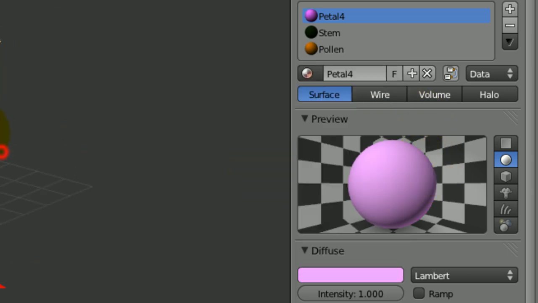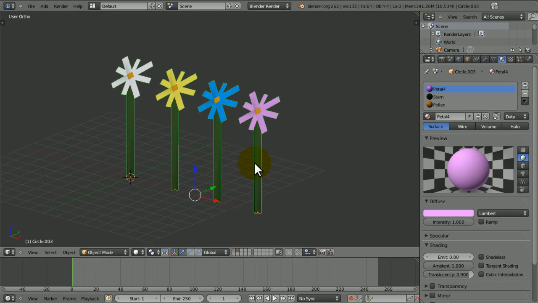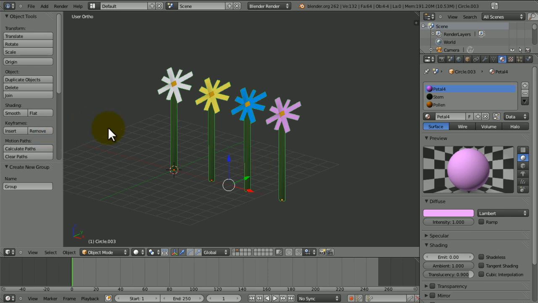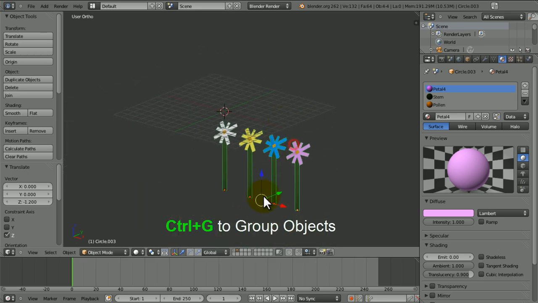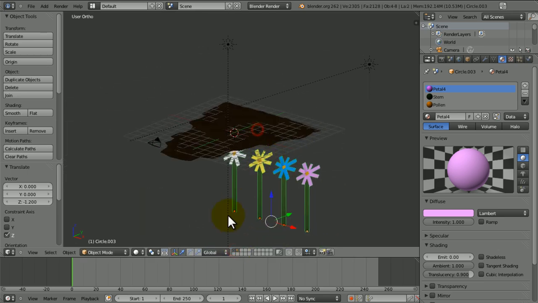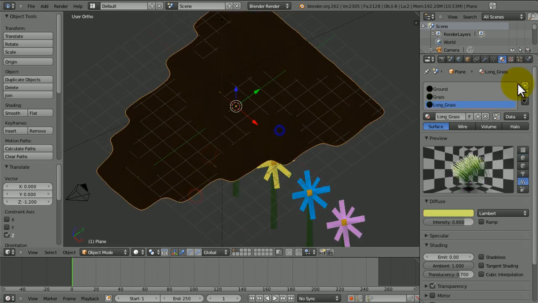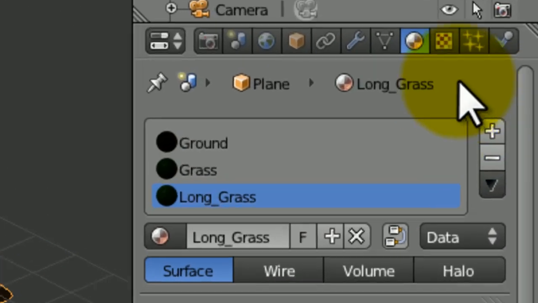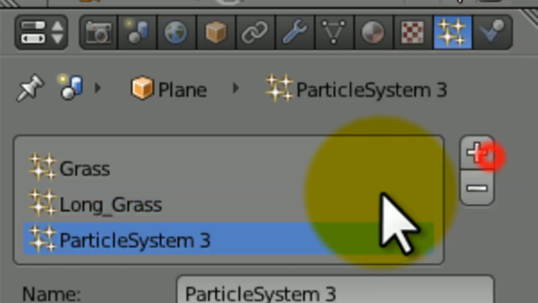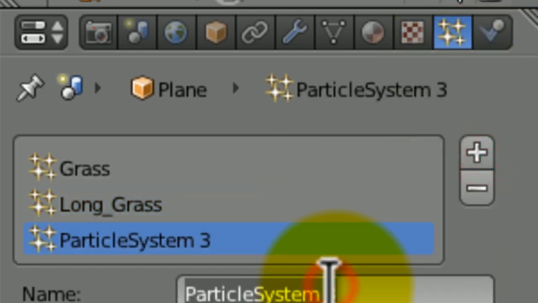Okay, so I've got a group of flowers. If we just group these up like that, if we press T, we can then name the group flowers like that. Okay, so if we just drag these down, and then shift and left click on the first layer, yeah, that's looking good. If we now go to the particle systems, add another particle system, call this flowers,